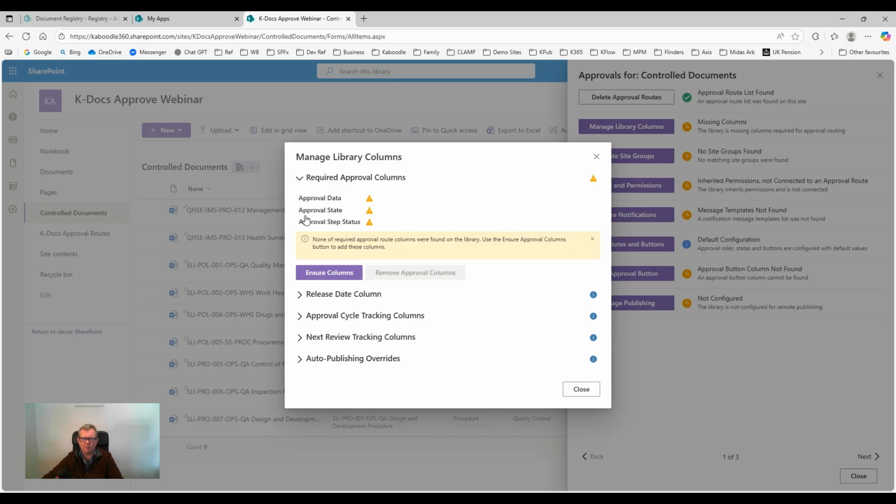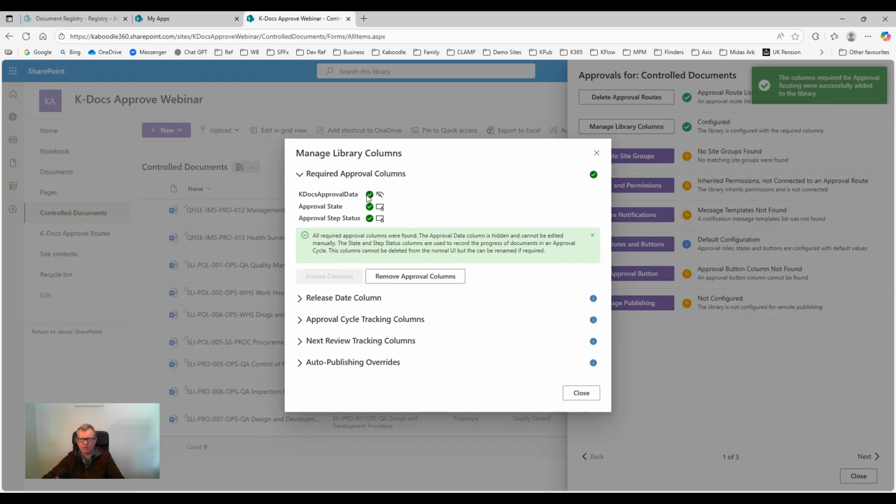And because this is a state machine, we still have 2 columns, one that stores the current state of the process, and the other one which actually stores the status of the current step. So, for example, the current step might be pending review, and the status could be rejected, or it could be approved or pending approval, etc., etc. So I'm just going to ensure these columns, and the UI will update and will tell me that these columns